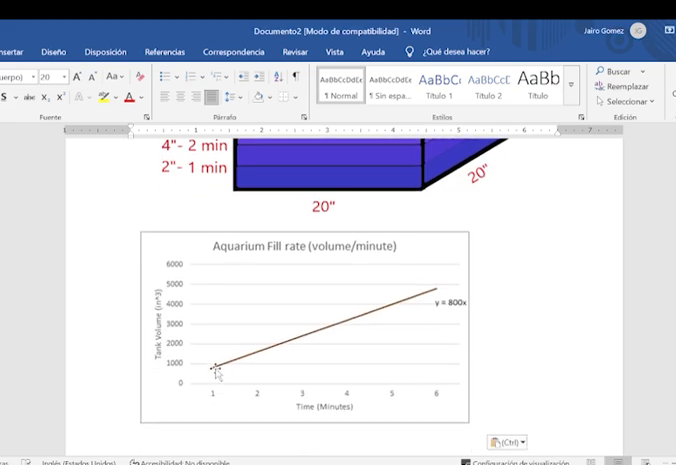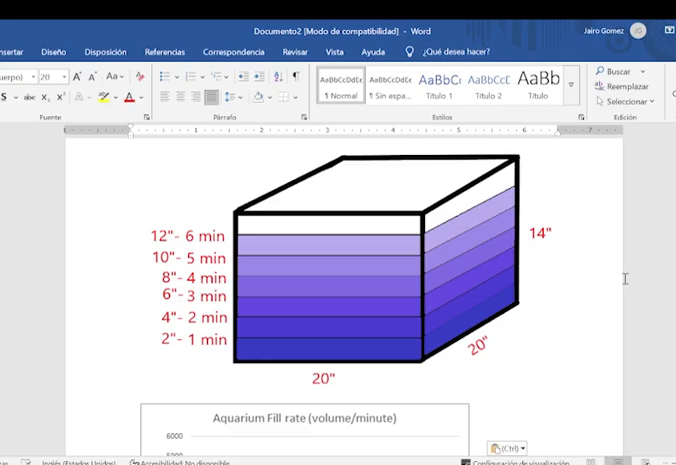You got this nice linear, simple equation, which is y equals 800x, where x is the time in minutes, and y is the tank volume in inches cubed. So after 1 minute, the tank is filled up to 800 inches cubed, and after 6 minutes, it's at 4,800 inches cubed. And so you now know that